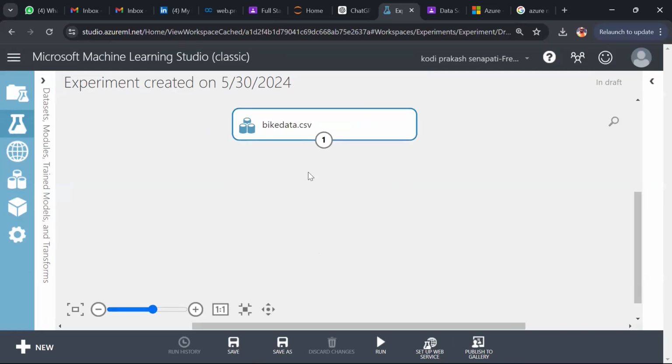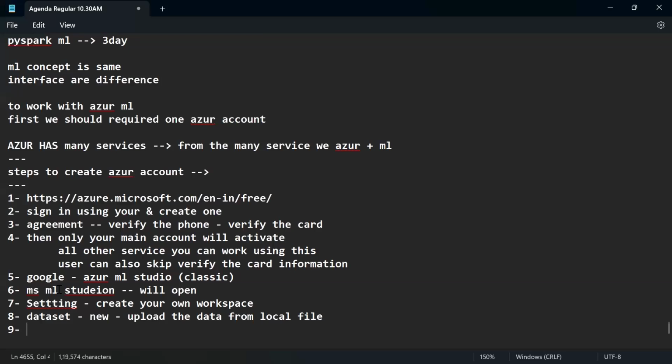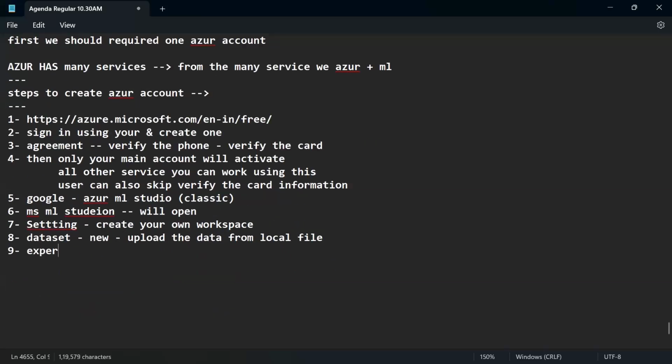Understand now? Today you learn how to import the data from your system to the cloud. If the data is too big, your machine cannot handle it, but the cloud can handle it. Agree with me? So just go here, after the datasets, experiments,